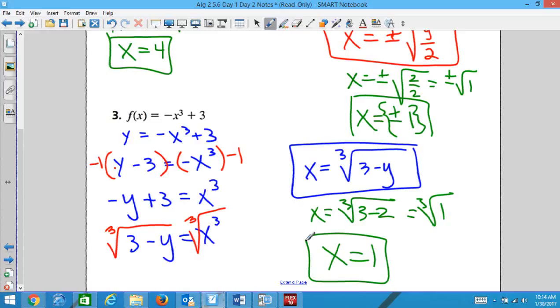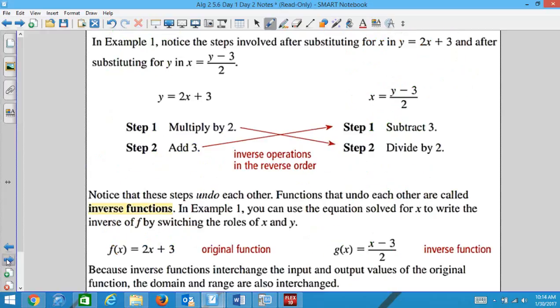This stuff that we're doing, I keep using the word inverse operations. And I'm not trying to be fancy. That's what it's really called. Inverse operations. So we have things that are called inverse functions. If you looked at the first example, where we had y equals 2x plus 3, and then we had x equals y minus 3 over 2, you will notice